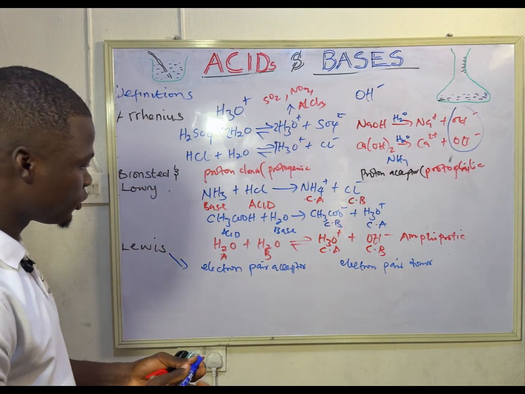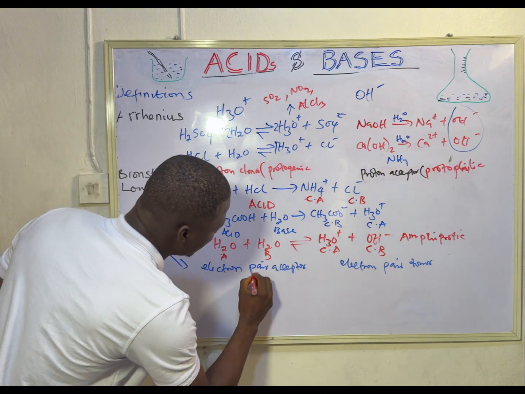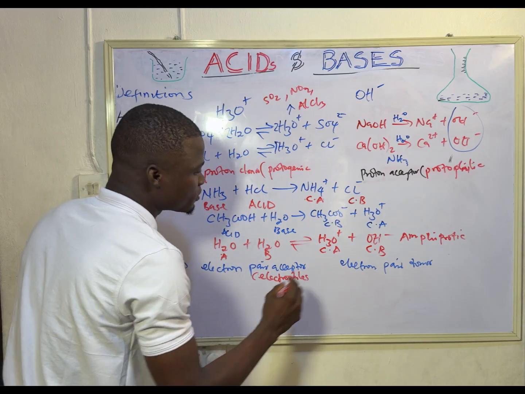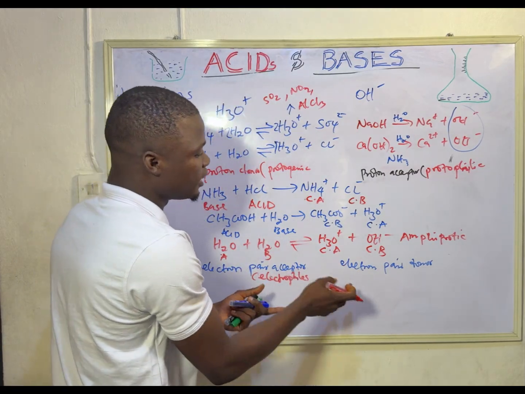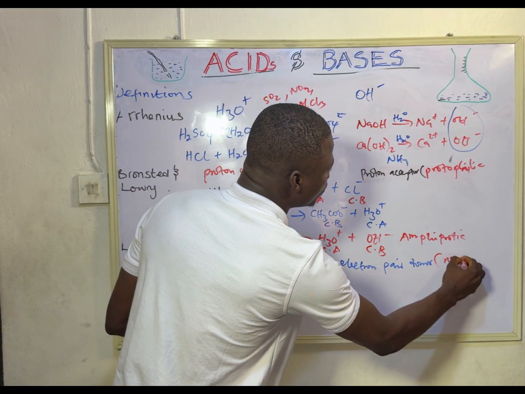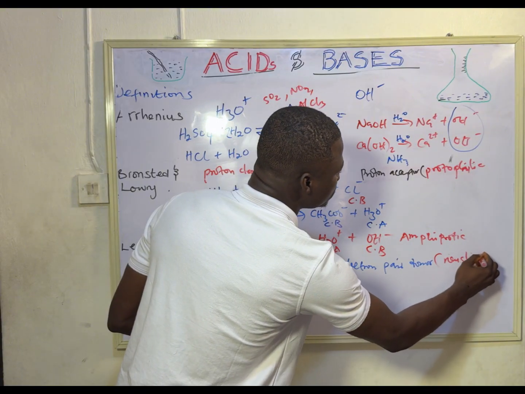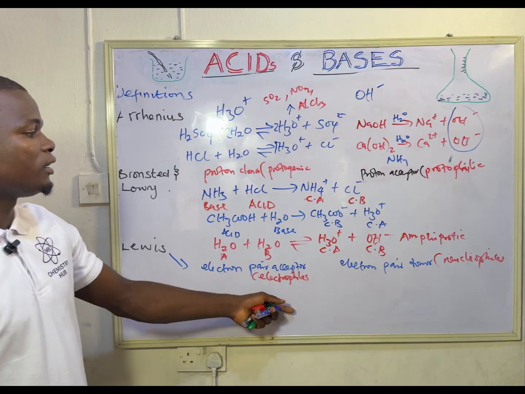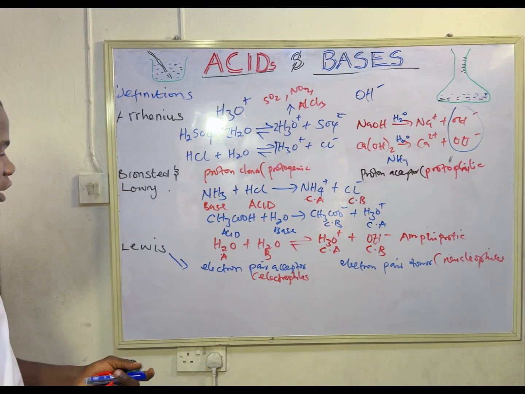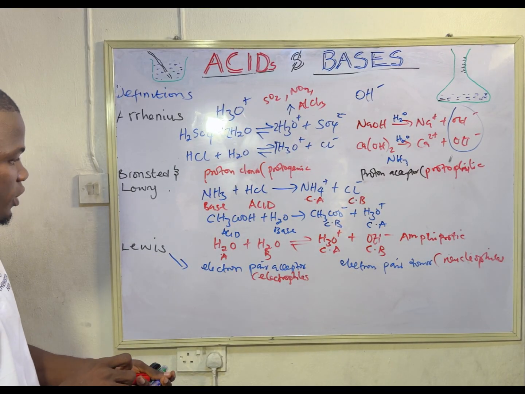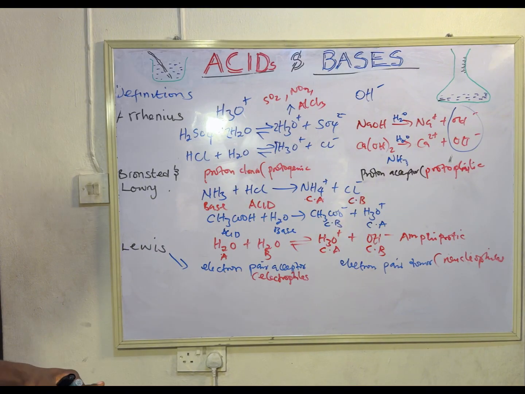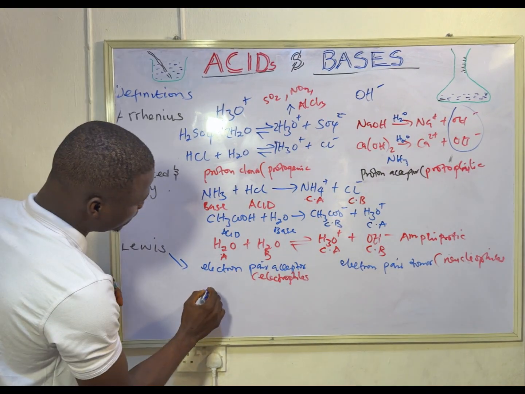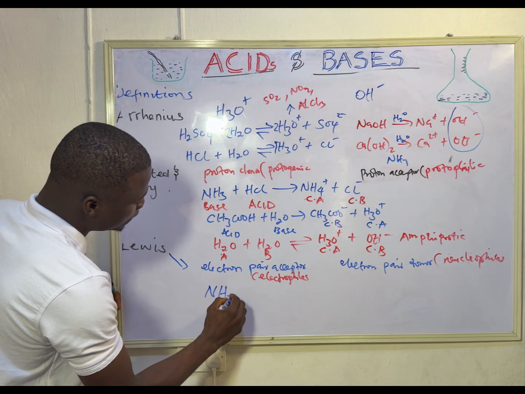Substances that accept electron pairs, we refer to them as electrophiles, while substances that donate the electron, we call them nucleophiles. So a Lewis acid is an electrophile, while a Lewis base is a nucleophile. So we are going to be looking at some examples of Lewis acid and base. A typical example of Lewis acid and base is a reaction between ammonia and